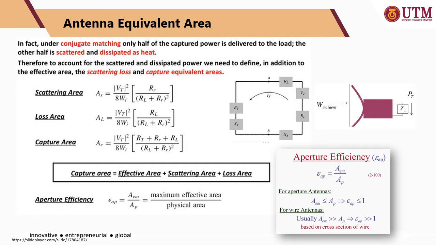Okay, theoretically, under conjugate matching condition or maximum power transfer condition, only half of the captured power or collected power by the antenna, or by the effective area, will be delivered to the load. So after the aperture area receives the incident wave, only 50% of the total power will be successfully transferred to the load, while the other half will be scattered and dissipated as heat. So in order to take into account the scattered power and dissipated power, we need to calculate the effective area for scattering and also